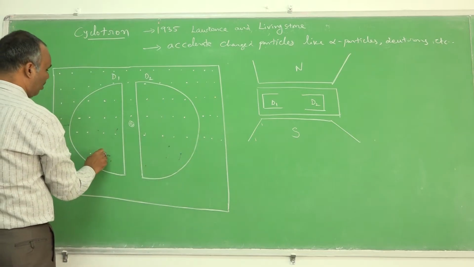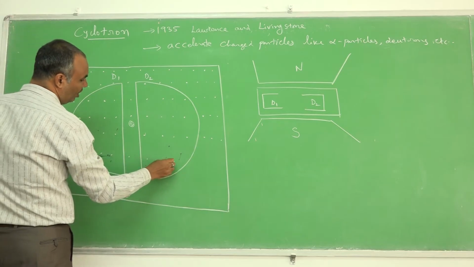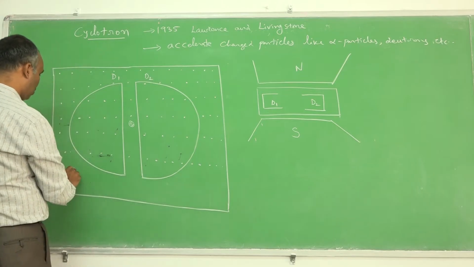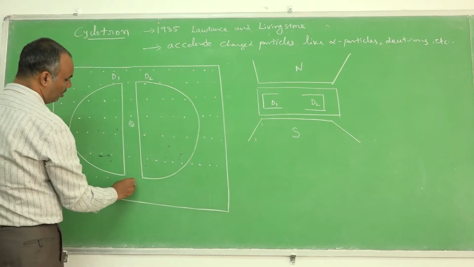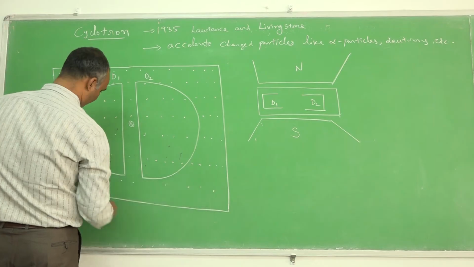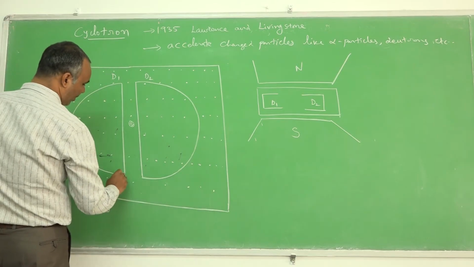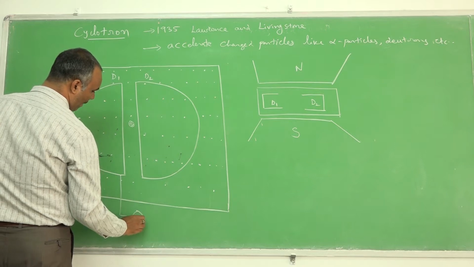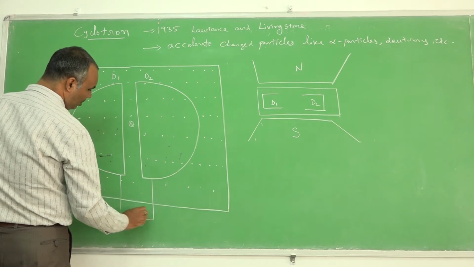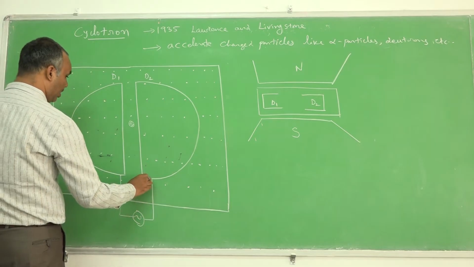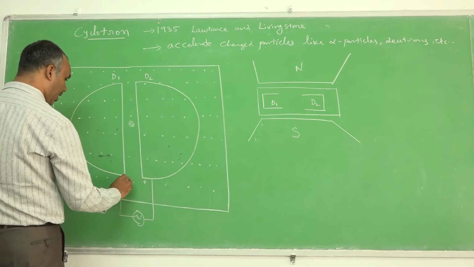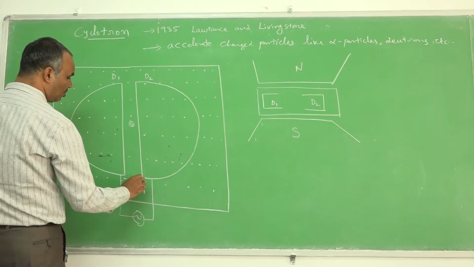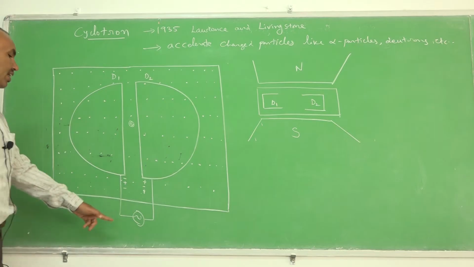So what will happen? In this magnetic field, the charged particle comes out from the source, which is kept in the middle. Now what will happen? It is connected to an oscillator. Oscillator means here it may get positive and negative, again positive and negative are alternated, again negative and positive, like that.